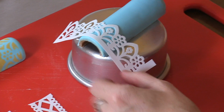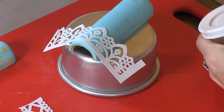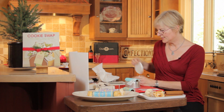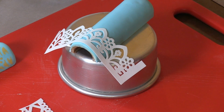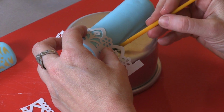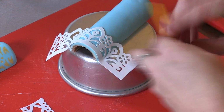For stenciling, I don't want to stick it down completely with corn syrup because I'll never get that paper back off. So I'm just going to be spraying through that paper to create the pattern. But I do want to tack it down a little bit with corn syrup because in the airbrushing or spraying process, the spray comes out with some force and it may actually take the paper off with it if I don't. So I'm going to anchor one of these on the ends and I'm just going to tack it with a little bit of corn syrup at the very edge where the seam is,